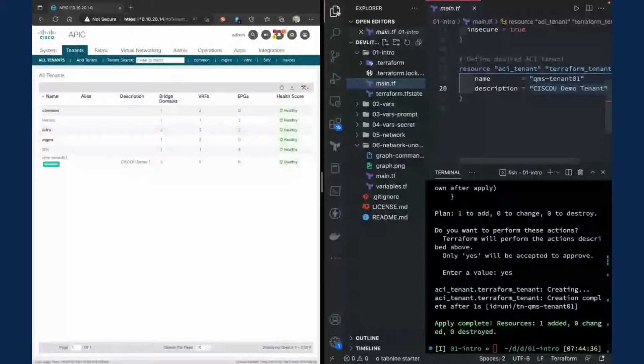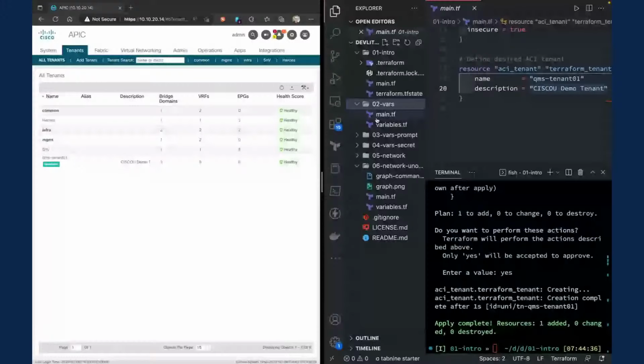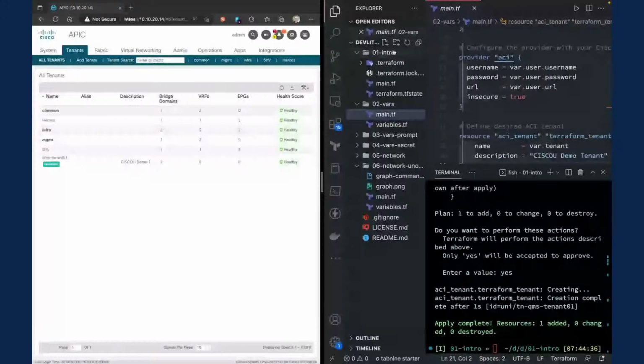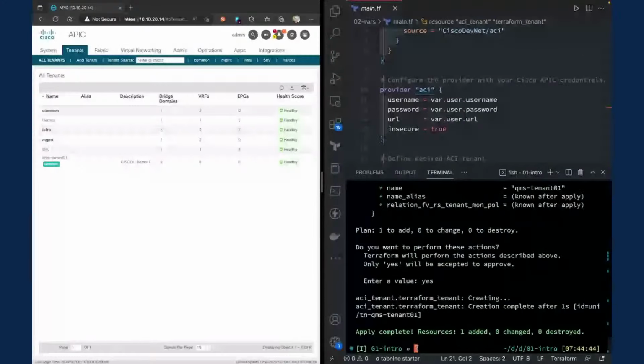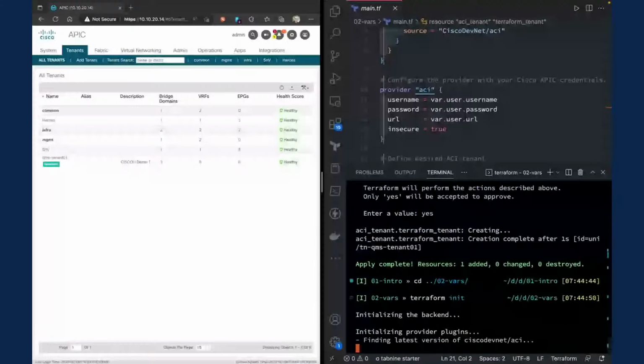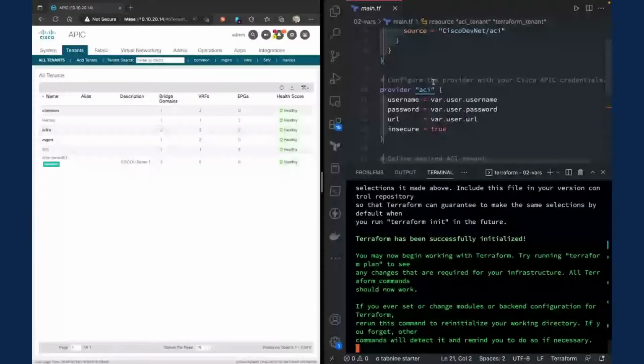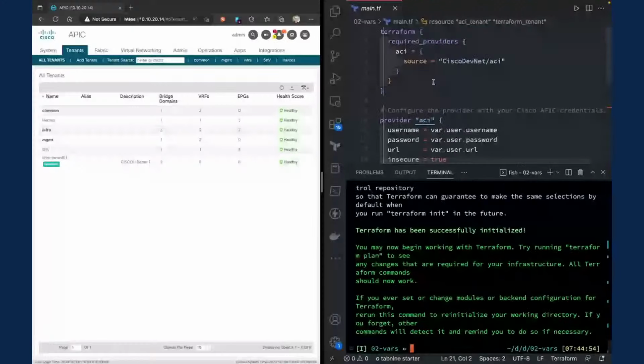Expanding on this just a little bit, we can look at something using variables. And I will go into this other folder and do a Terraform init. So this main.tf file looks very similar to what I had before. I'm still having to define the required